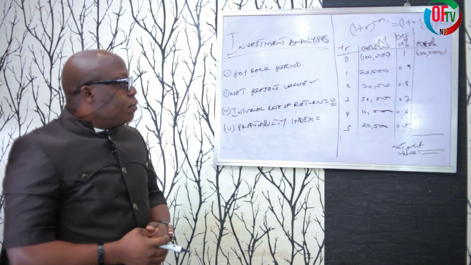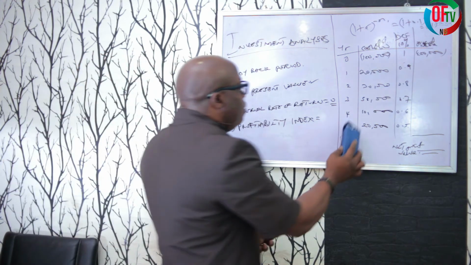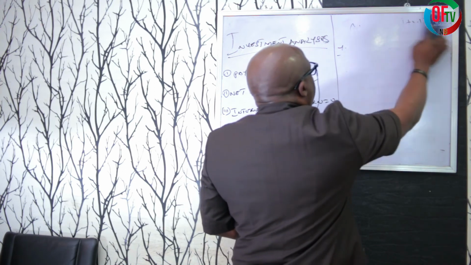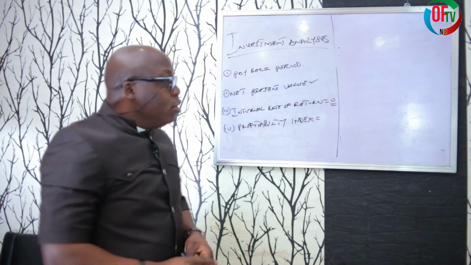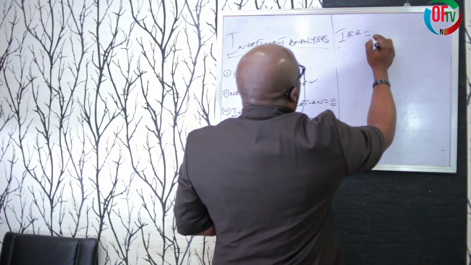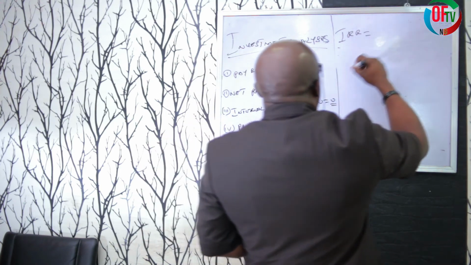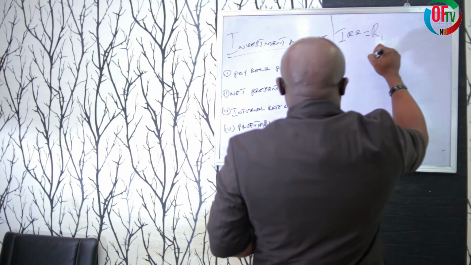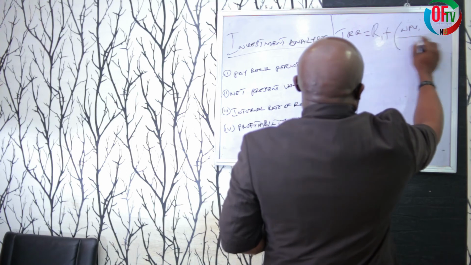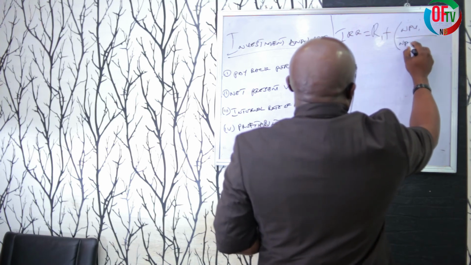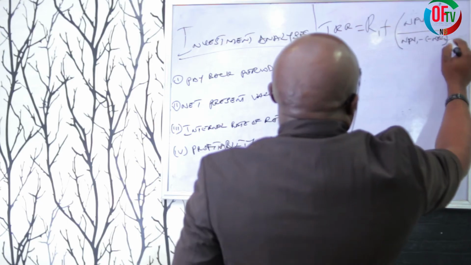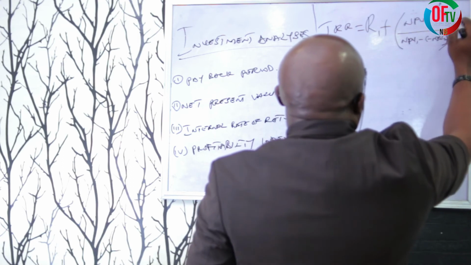Now, aside from that, let's quickly go on because we have limited time for this lecture. I'm just trying to give you an understanding of what internal rate of return is. Now, the formula for internal rate of return is very simple. You look at the first rate, then plus NPV1 over NPV1 minus NPV2. Then you close the bracket, then you now put